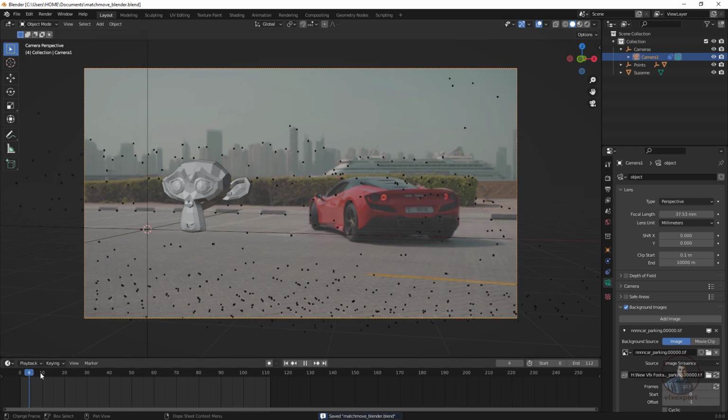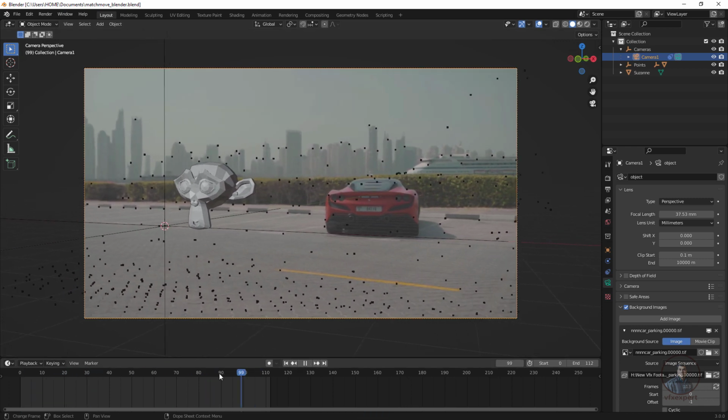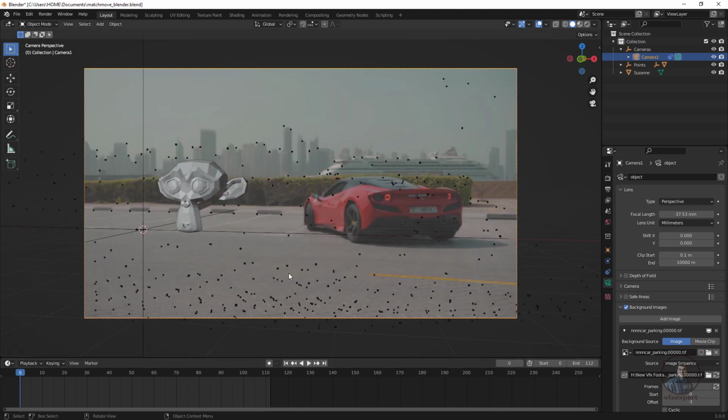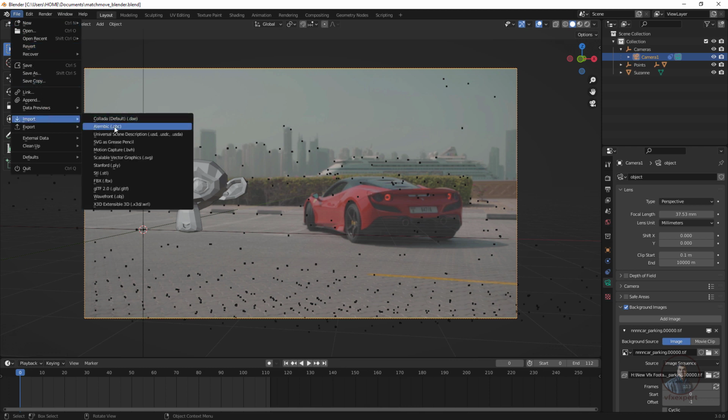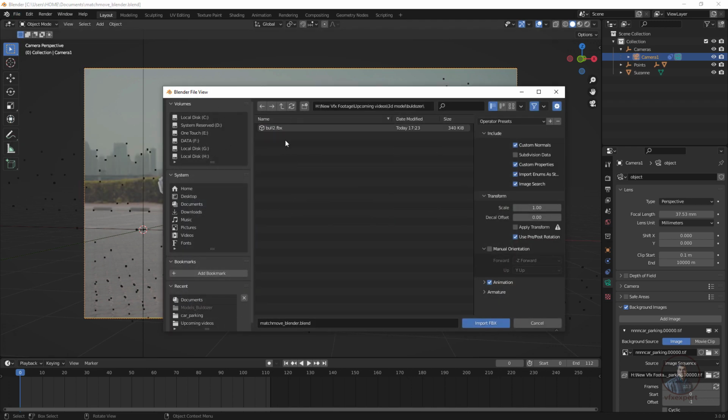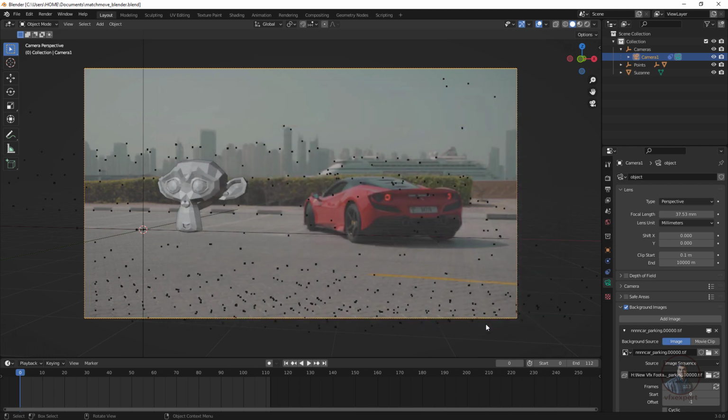So guys, till here we have simply imported our camera track from Nuke to Blender, and this is looking good. After this, if you want, you can import any 3D model and simply place it into this scene. So now I am going to import a 3D model here. Click on File, then click on Import, and select the FBX option here, because I have a model in FBX format. Select your model here, and simply press Import FBX.